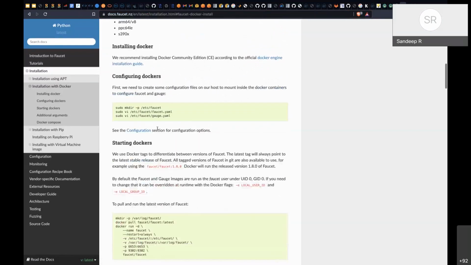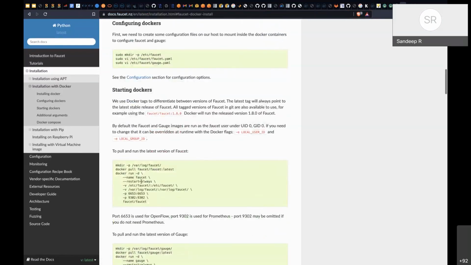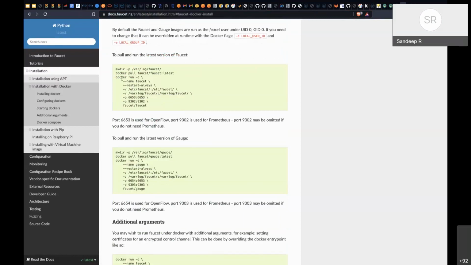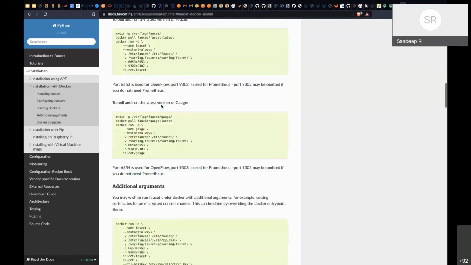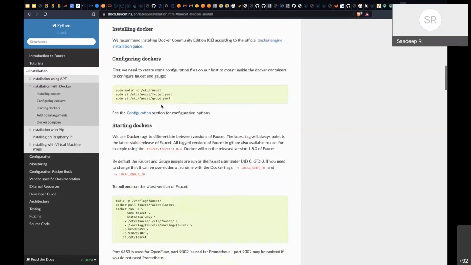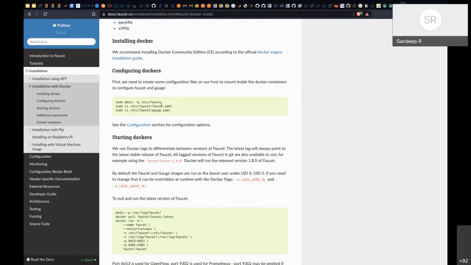You can just create the Docker and you should be able to use it. If you have Docker, then you can run it on even a Windows system. So I should try this. I haven't tried the Docker version of Faucet. So if this is Docker, then you don't need Linux, because I didn't notice that they have a Docker version.